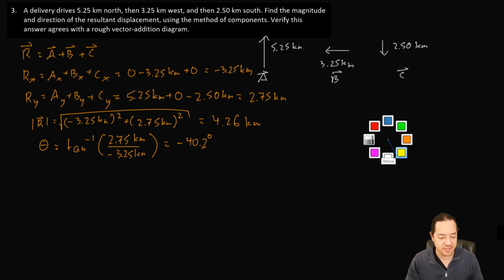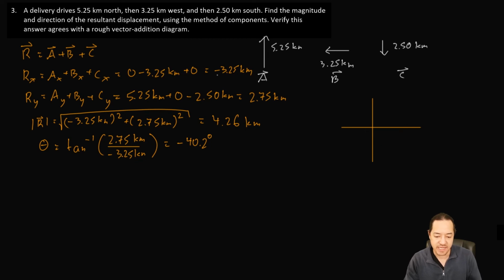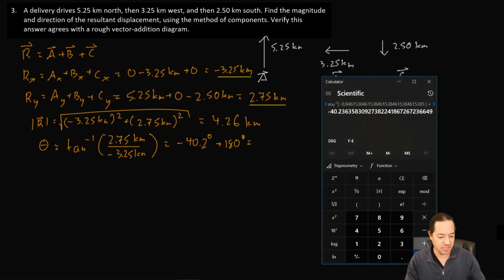Okay, let's draw a quick sketch here. What we see is we have a negative and a positive here. Our x component is going to be negative and our y component is going to be positive. So we should be in quadrant 2, but negative 40.2 degrees is going to put us in quadrant 4, which is wrong. So we must be off by 180 degrees. So to fix it, we're going to add 180 degrees,